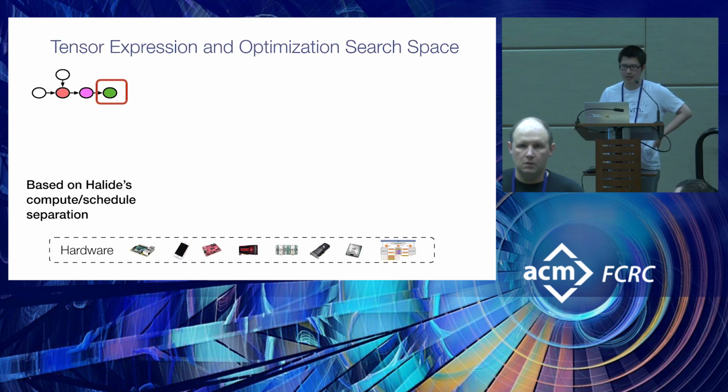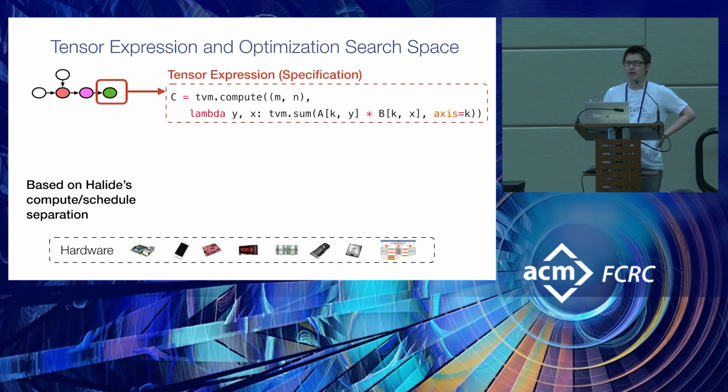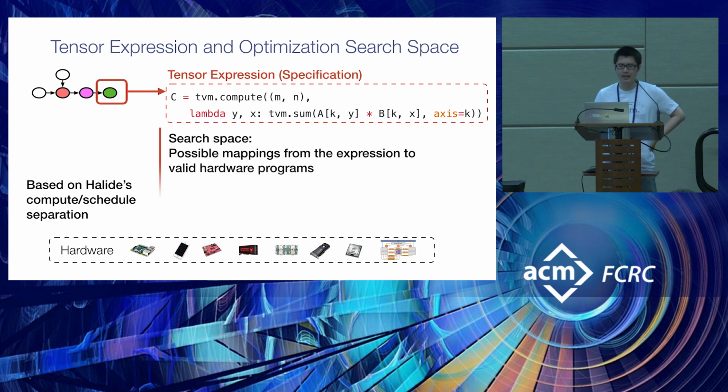space here. So to recap, in order to build an effective code generation solution, we want to represent the high-level computations of workloads using tensor expressions. And by borrowing ideas from the image processing language Halide, we try to define a search space that tries different possible mappings from tensor expression to low-level